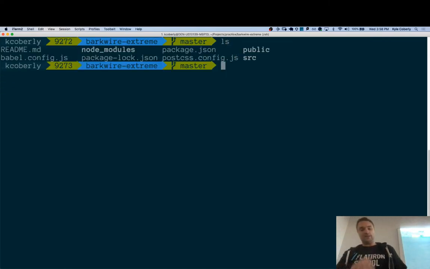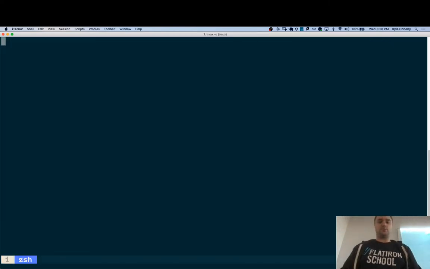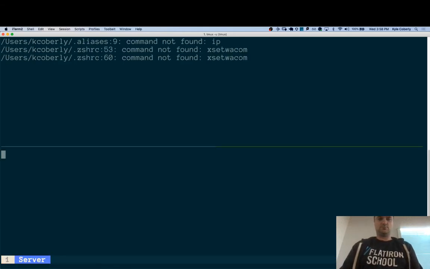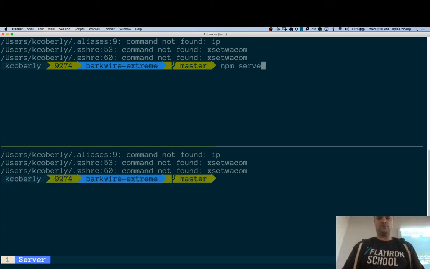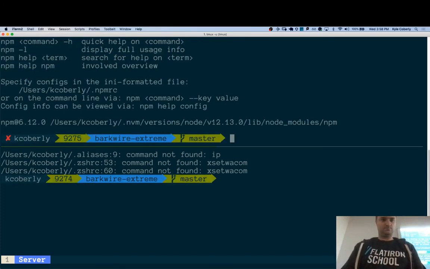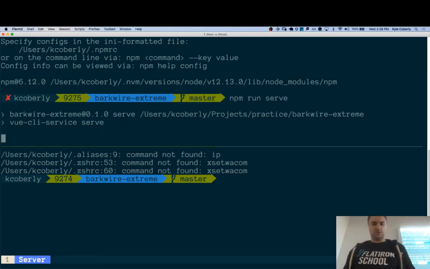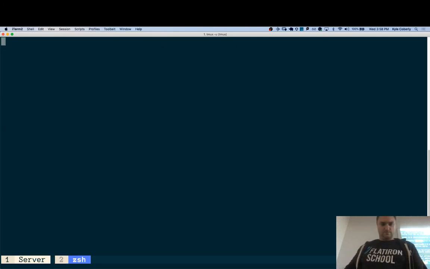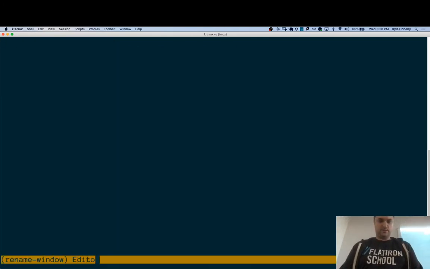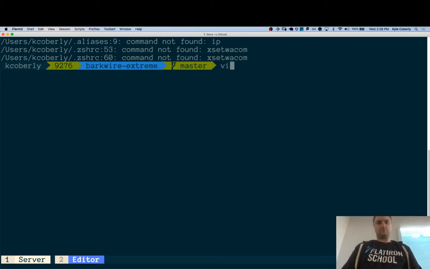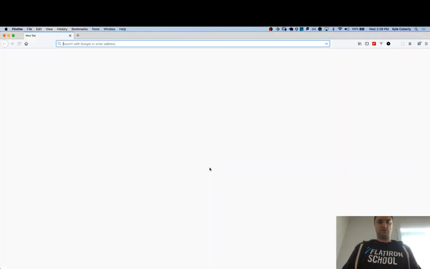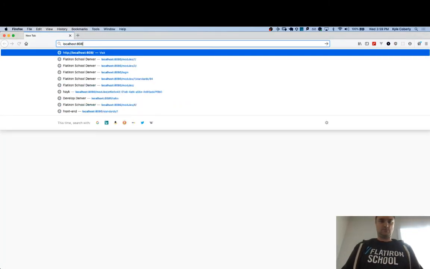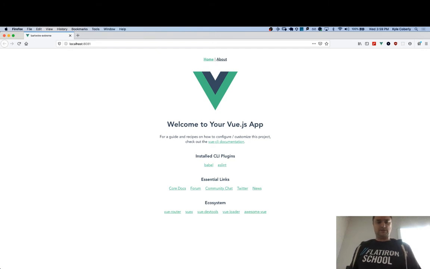Okay, so I've got this fresh project. And I'm going to npm serve it. Oh, npm run serve. And let's fire up an editor. Okay, and it's on 8081. All right, so